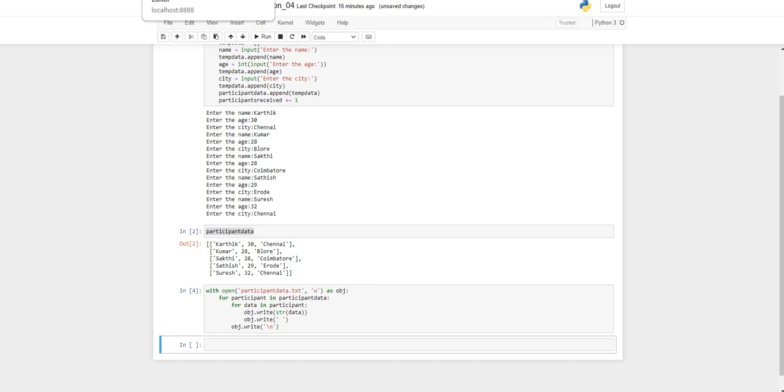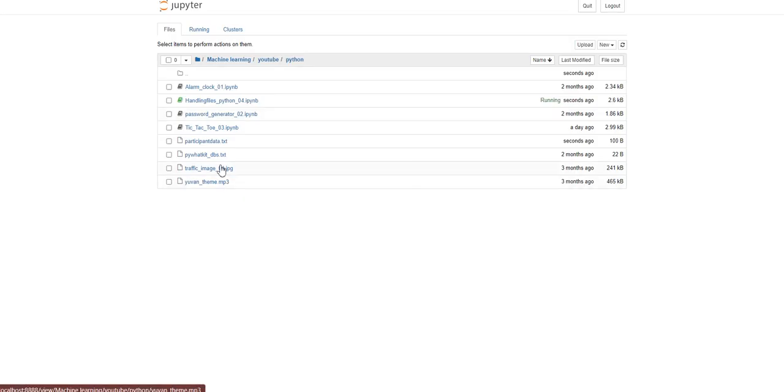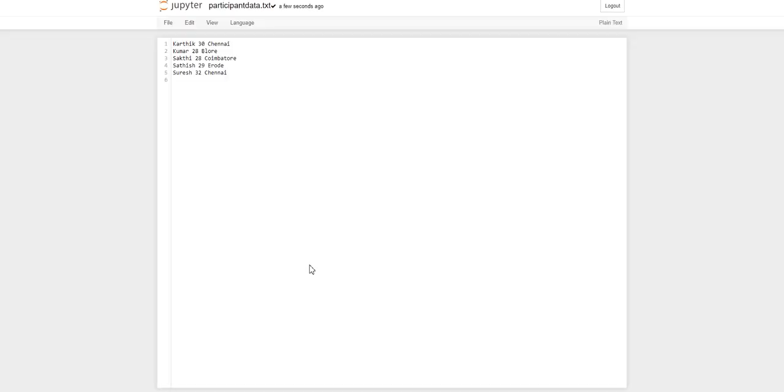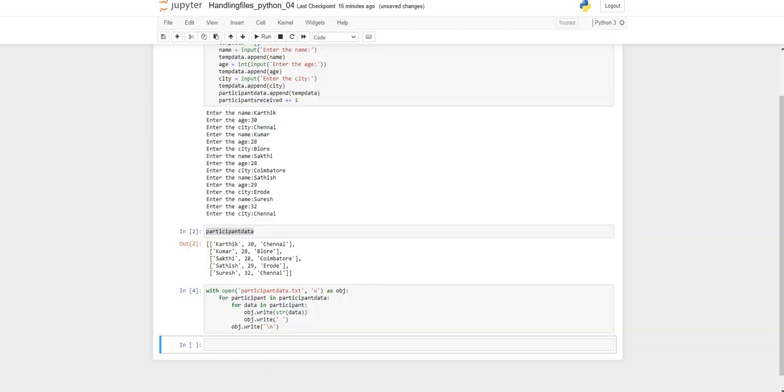Let's see that output. Okay, so now it has printed in a line by line format.